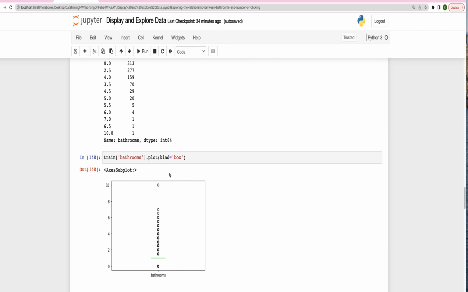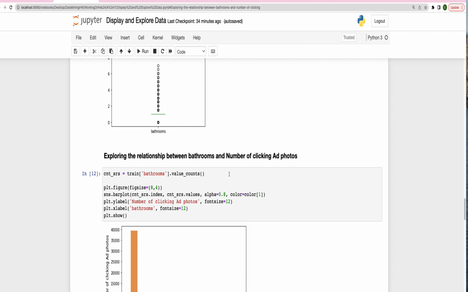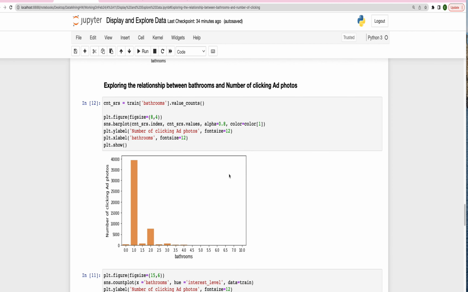And we explore the relationship between the bathroom and the number of clicks on the advertisement photo. We found that the majority of people are interested in the one bedroom, one bathroom. Here we go. It's really interesting because formerly we assumed that people would love more bedrooms and more bathrooms, and